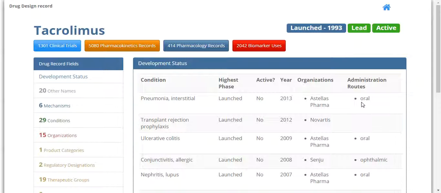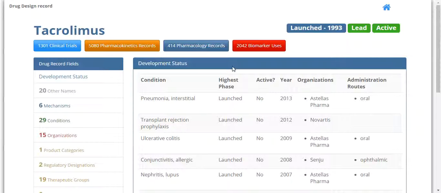From here, you can also see the various colored hyperlinks that can take you to other data via the Drug Design API, such as the pharmacology records. You can also see how you can link it to other APIs, such as the clinical or the biomarker uses APIs, to gather even more data using respective API operations,